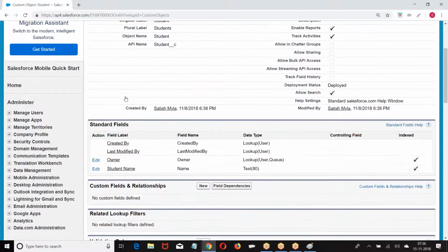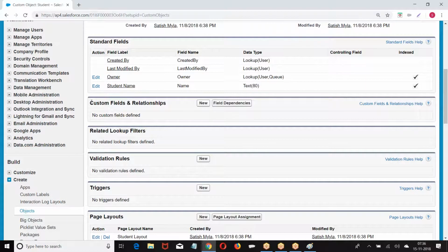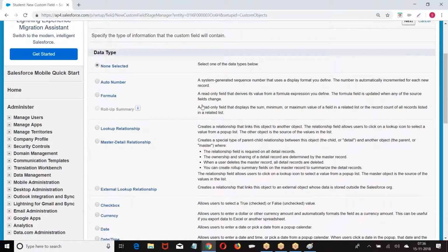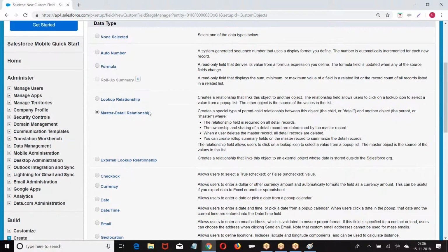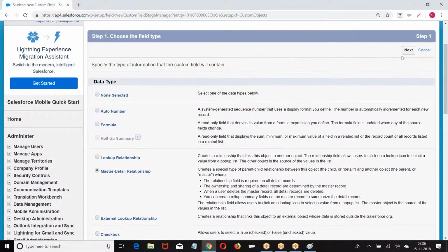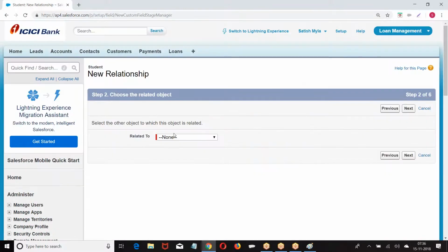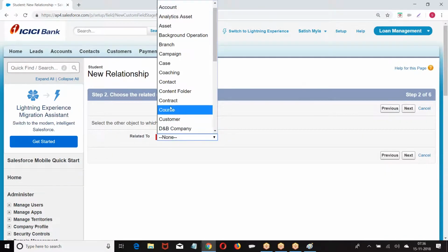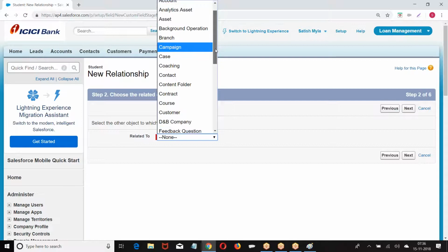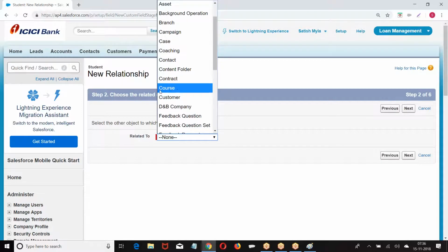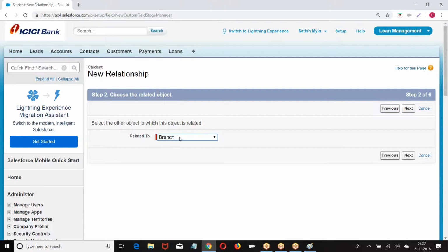Go to student, custom fields and relations, master detail, related to. Now I want the branch person to manage, so I have chosen branch.